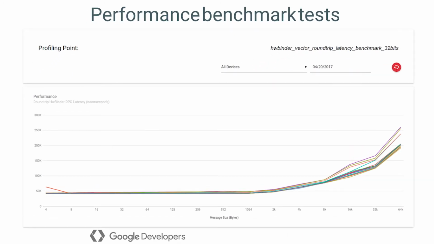The benchmark implements a simple test HAL, which provides a single method that takes a vector as input and returns it back as output. The benchmark will then send different sizes of vectors to the test HAL and report the corresponding round-trip latency. VTS supports continuous running of these benchmarks against different builds and displays the results in the